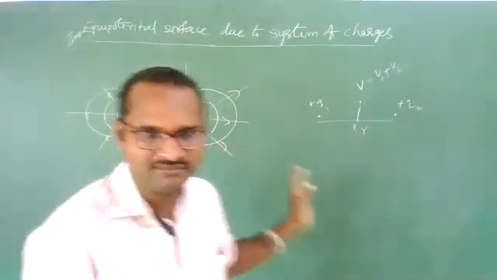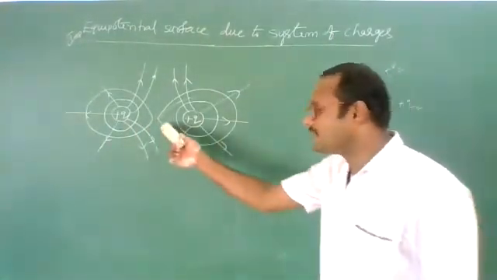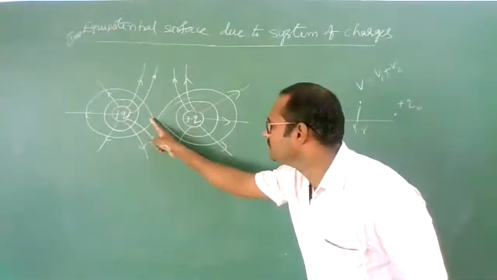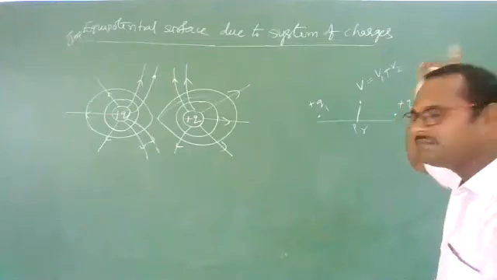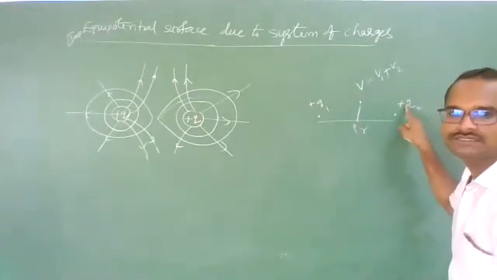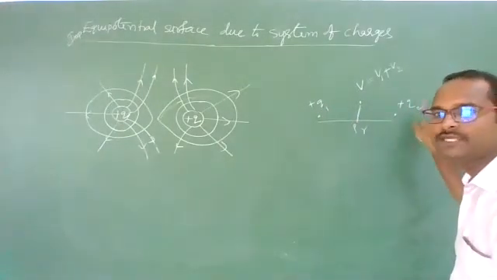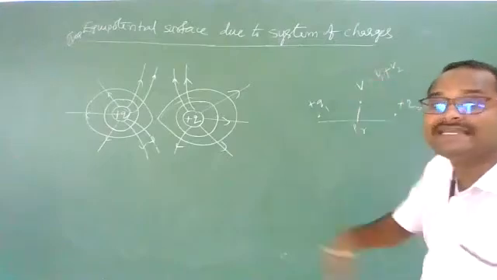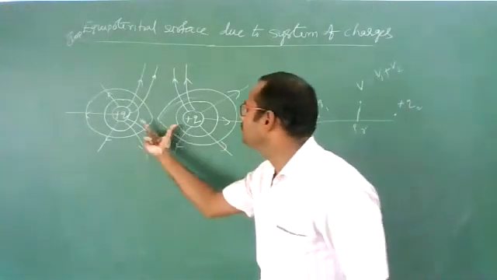However, this type of diagram they won't ask for positive charges; only uniform electric field they'll ask. If they ask, you can draw like this. Why is there a small variation in the shape? Means the potential at one particular point will add up due to these two charges. Clear? kQ by r plus kQ by r. Both will add up. Due to that, the potential at that point increases. So that increasing potential you need to show. You need to show like this.